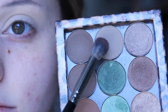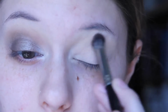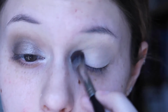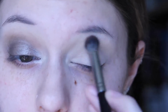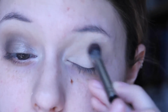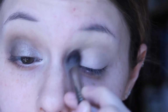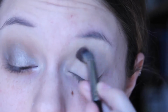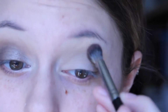Okay, so my eyes are already primed, and I'm going to go in with that Morphe single in the shade Birthday Suit, which is just a very cool tone, neutral, nude shade. But again, it's kind of an interesting color. I'm really glad I picked it up a while back because it's a really great transition color for a more cool toned look. So I will just be packing that into my crease and blending it out with this fluffy